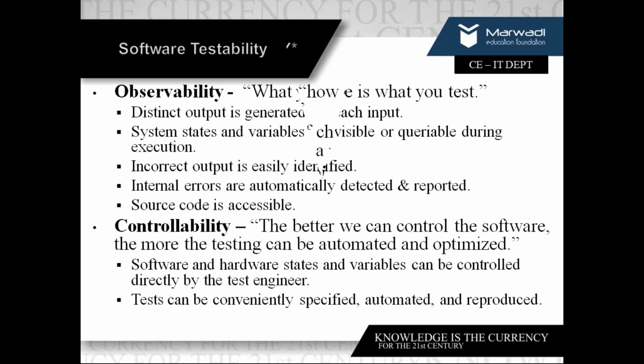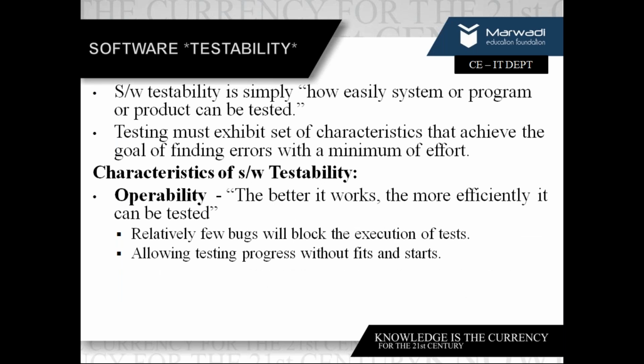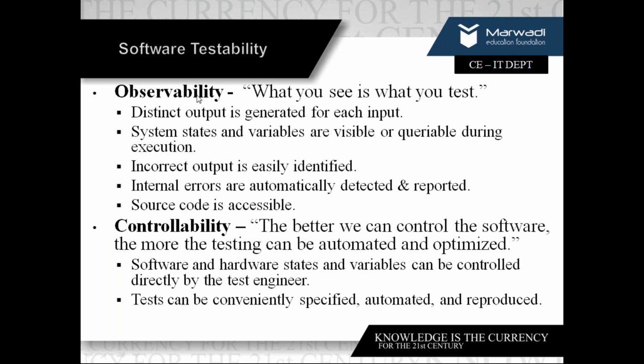Okay. So how to test? We are not talking about how to test yet. It will come in further units. We are talking about what the testability of any software is. Okay. Can I say it is easy to test? When do I say this software is easy to test? When I say it is operable, when I say it is observable, when I say it is controllable. Controllable things can be automated. Remember, if I have control on something, I can automate it.